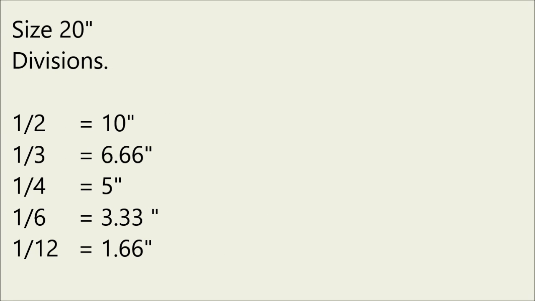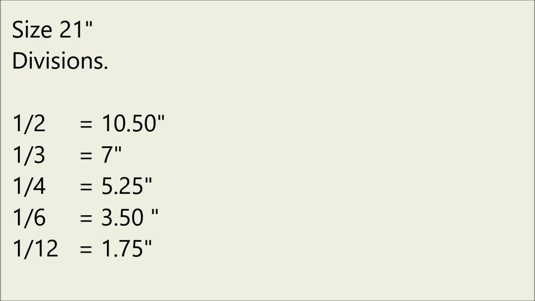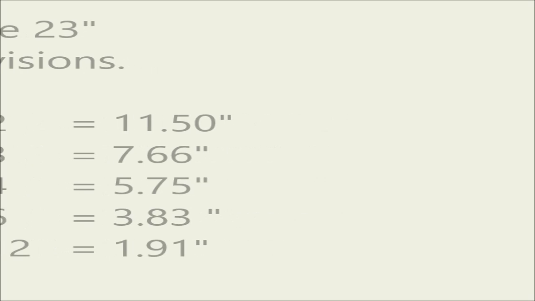So here we start with a baby size, that is size 20 inches. When we say size 20 inches, that means chest size, but when we do the calculations, that is half, 1/3, 1/4, 1/6 or 1/12, instead of 1, we can take chest, waist or hip or shoulder, and we can accordingly take the divisions as per our requirement.